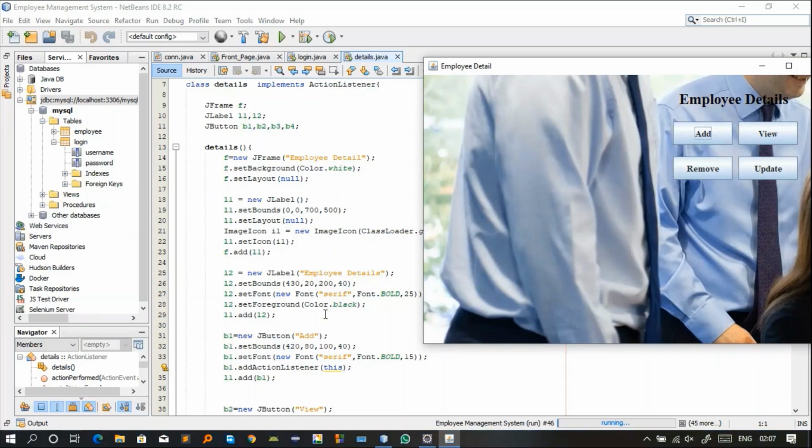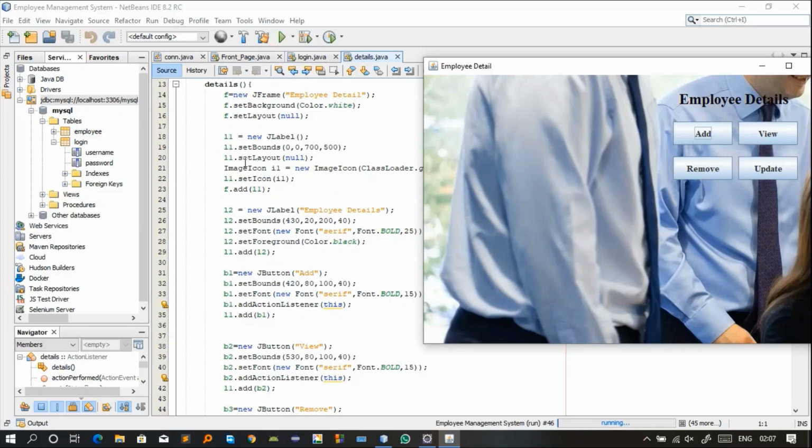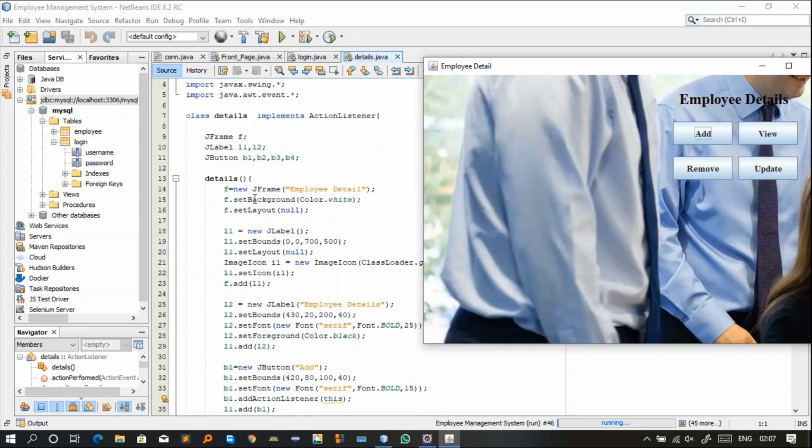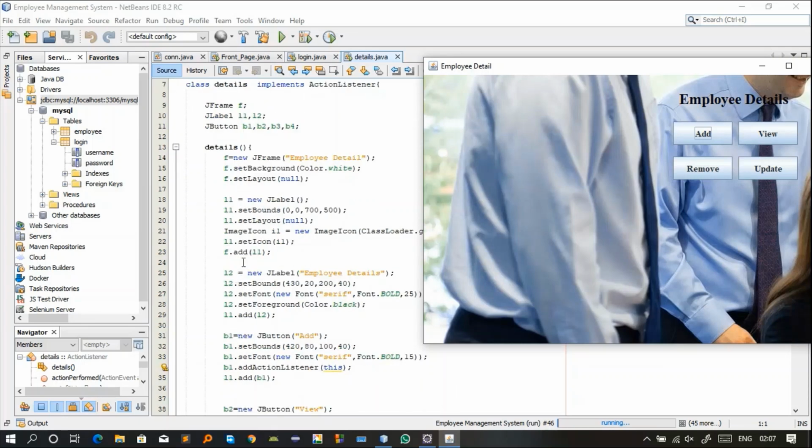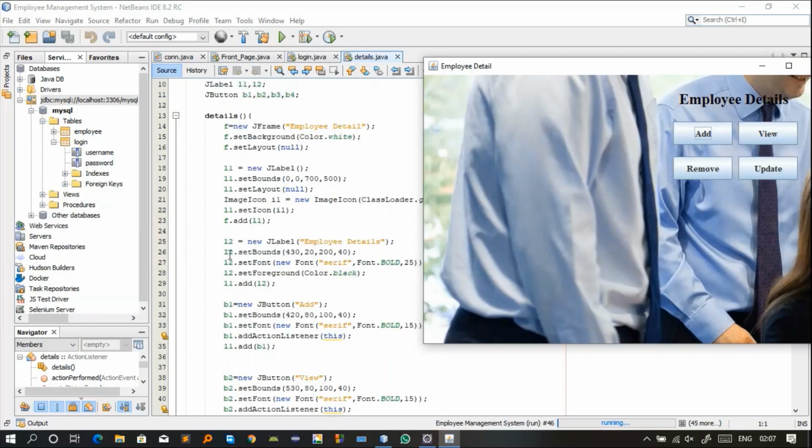Actually, I'm not using this L1. I don't know why I have written this, but don't worry about that. Just focus on this L2. L2 is actually whatever is visible in this page. So this L2 dot setBounds, this is X and this is Y, and this is the size of this